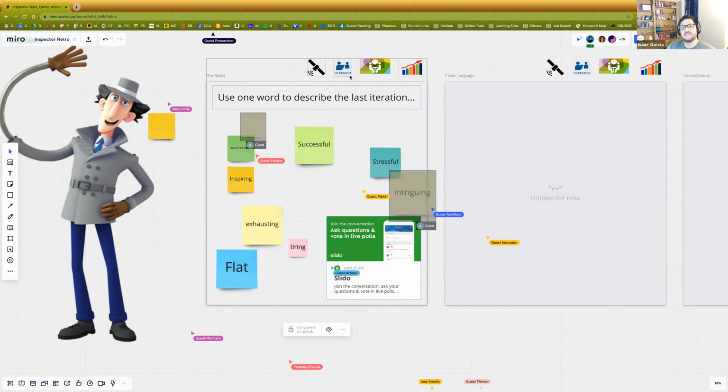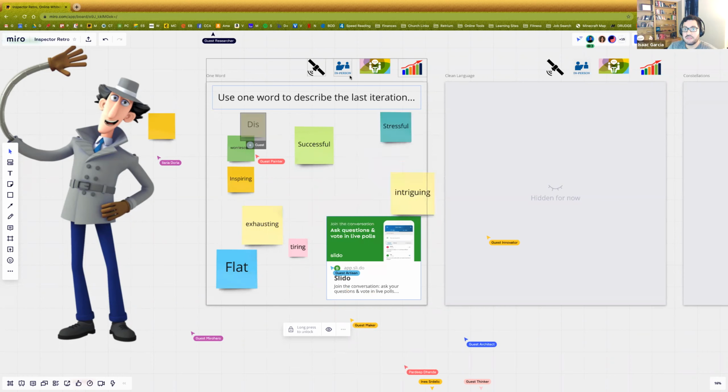What you want to do is recognize that whatever someone put on this sticky note is an accurate reflection of how they're feeling, if they feel safe, to be honest.